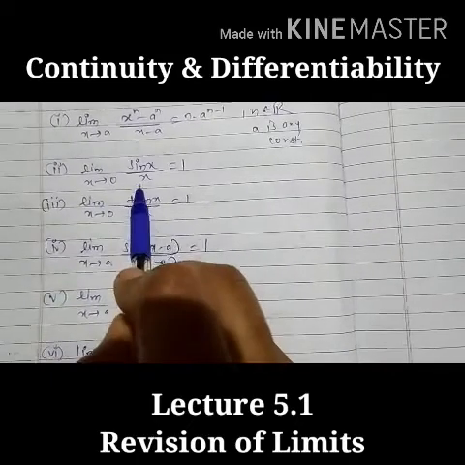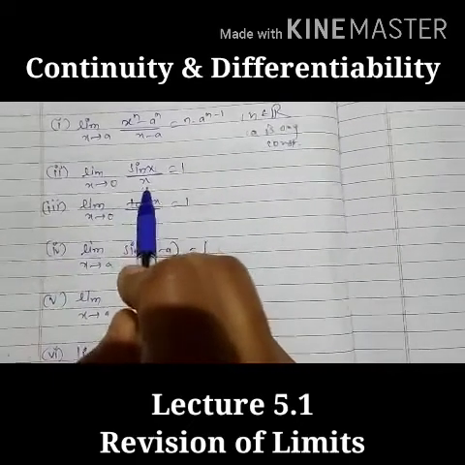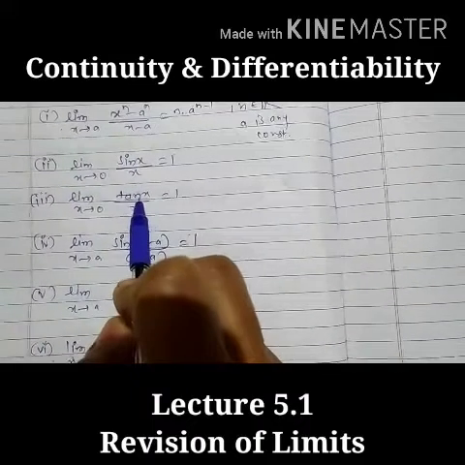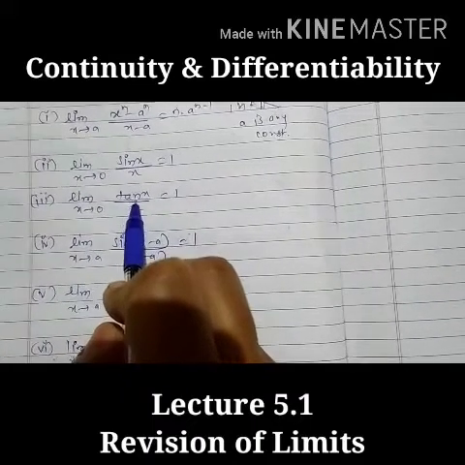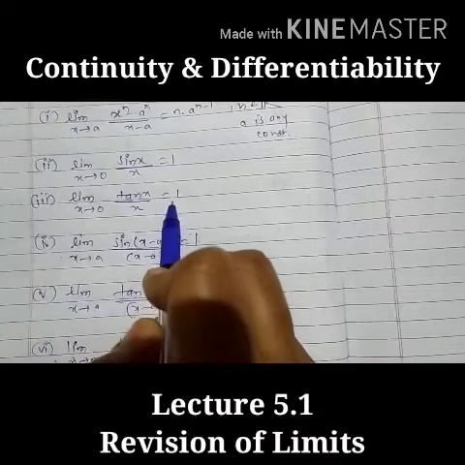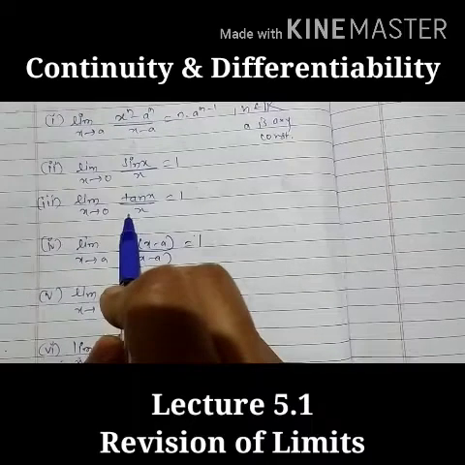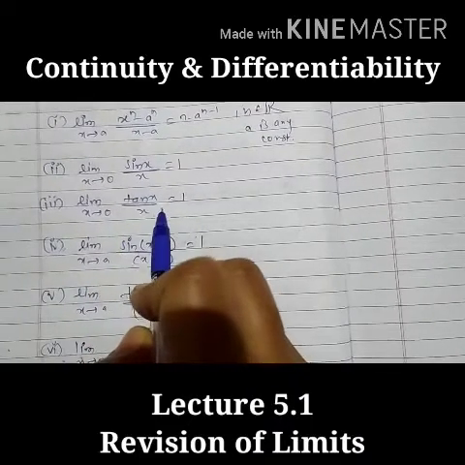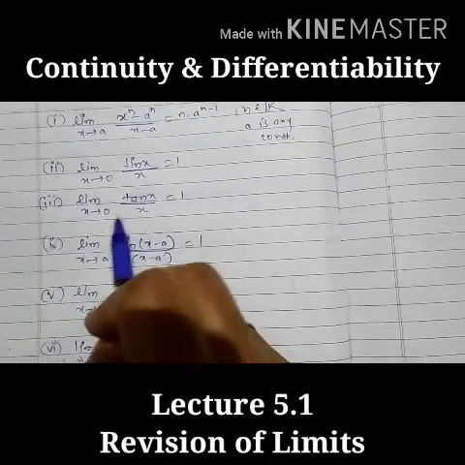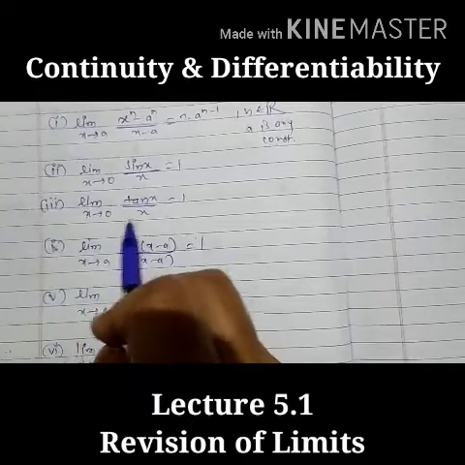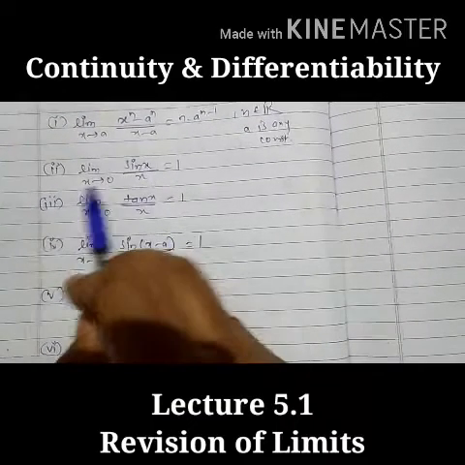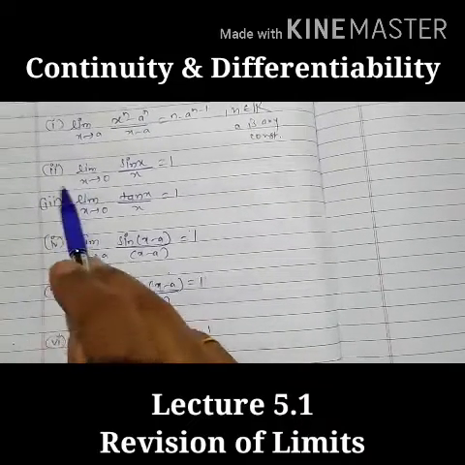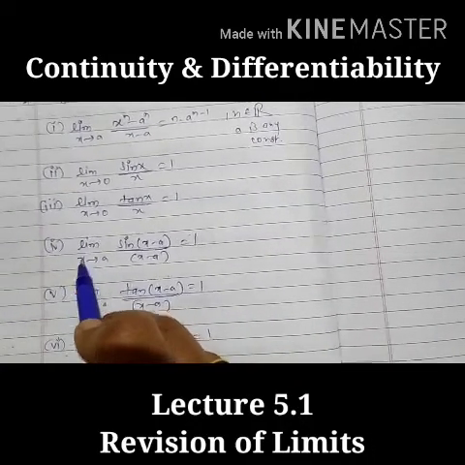For proving this, we can use the previous one, limit as x tends to 0 of sin x by x equals 1. We split this tan x as sin x upon cos x, then we'll separate the 1 upon cos x, then sin x by x as limit as x tends to 0 will be 1, and limit as x tends to 0 of 1 upon cos x, we can directly put the limiting value 0, so cos 0 will be 1. Okay, understood this?